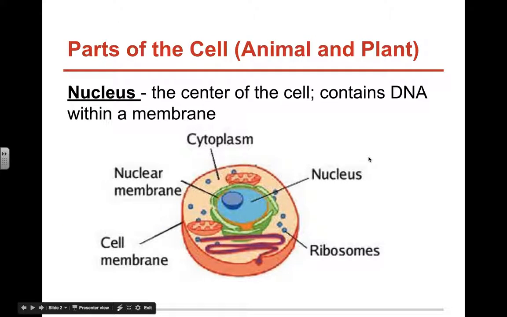So, parts of a cell. Animal and plant. That means these things are found in both animal cells and plant cells. Going to become important. The nucleus, right? This is often thought of as the brain of the cell, the center of the cell, the control center of the cell. You may have heard any kind of version of that. It is the center of the cell, right? Not the actual center, but the center in terms of what's happening.